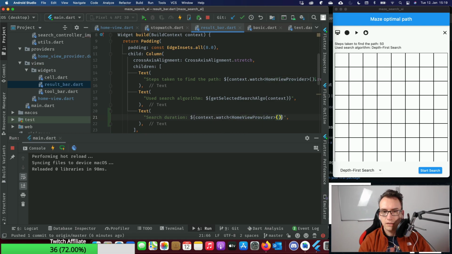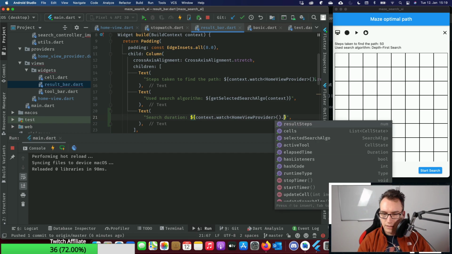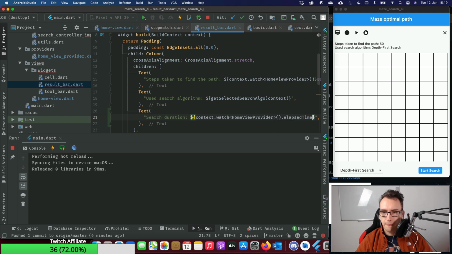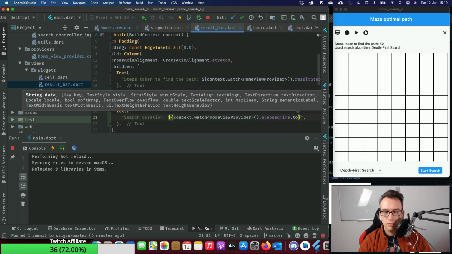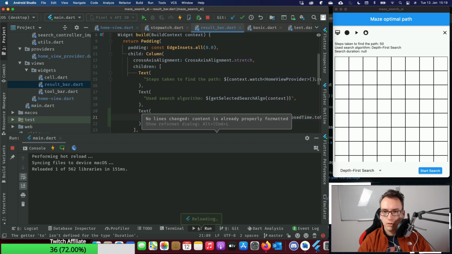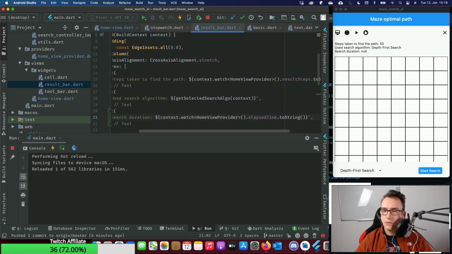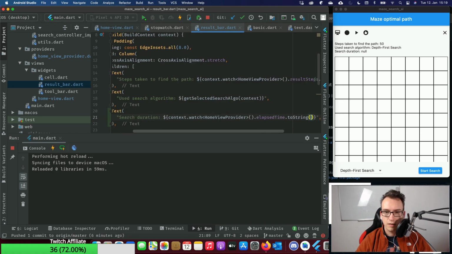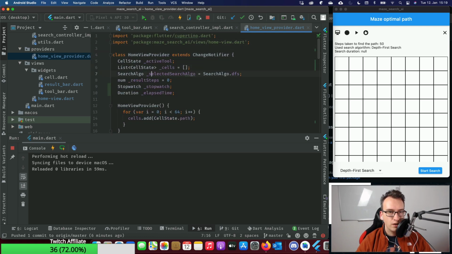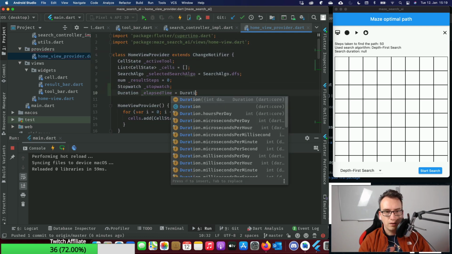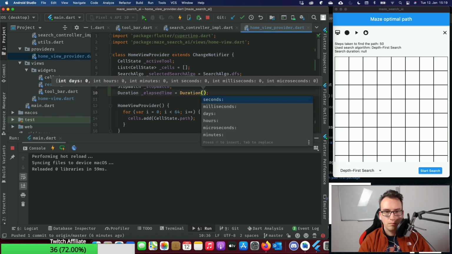A lot of emails at the moment, sorry for that. So, and here we want to get the elapsed time, toString. So it's null, of course, because we haven't run yet, and this elapsed time is no duration object at the moment. So we would have to say something like duration of, yeah, I think that's it.